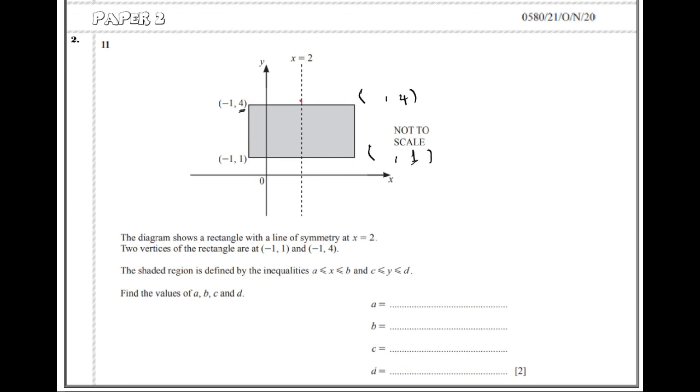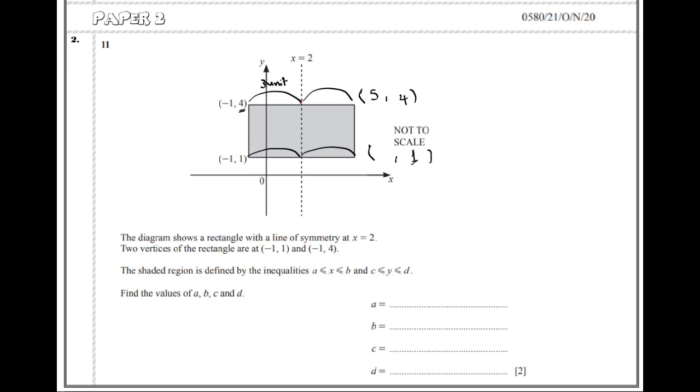To find the value of x, we can see that x equal to 2 is the line of symmetry. The distance between the line of symmetry and the point -1 is 3 units. So we have to move 3 units to the right. 2 plus 3 is equal to 5. Now the second point, 3 units to the right, 2 plus 3 is equal to